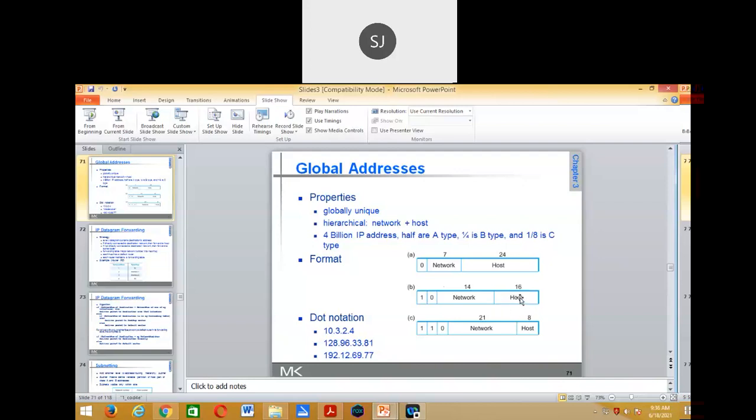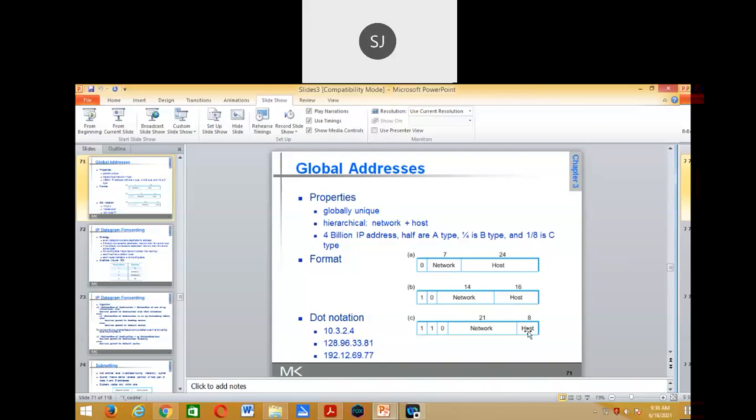But for 300 hosts, that is very big, because I have only 300 hosts but it supports 2 raised to 16. So a lot of IP addresses are simply wasted. That is one disadvantage. Another thing is that bits are wasted for identifying the class. So there is no flexibility. If I want exactly 300 hosts, it is not possible. Either I go for two class C networks or one big class B network. So there is no flexibility.